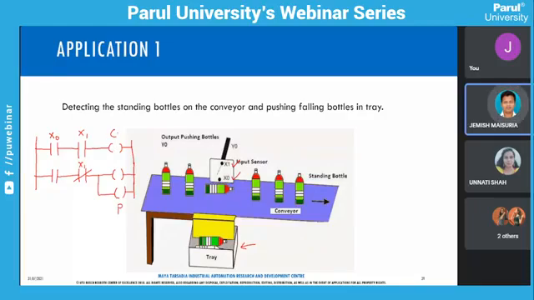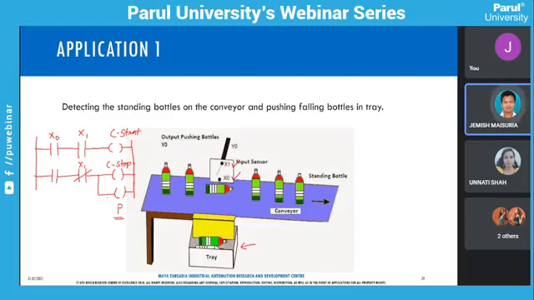So this is the coil related to conveyor belt start, this one is a coil related to conveyor belt stop, and this is the coil related to starting the pushing mechanism. So this way you can develop your automation circuits.